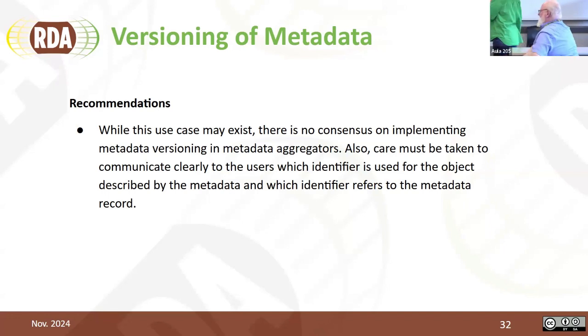That's true. So when metadata quality keeps improving, should you version that? When you released the first version of a data set, you didn't put in a data dictionary; later on you improve quality and add the data dictionary to the metadata. Should that metadata be versioned? There is no consensus on that. Yeah, so we will look at this further.